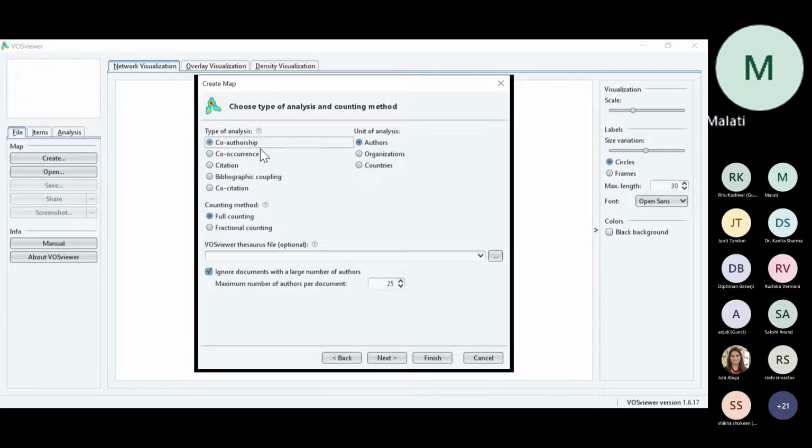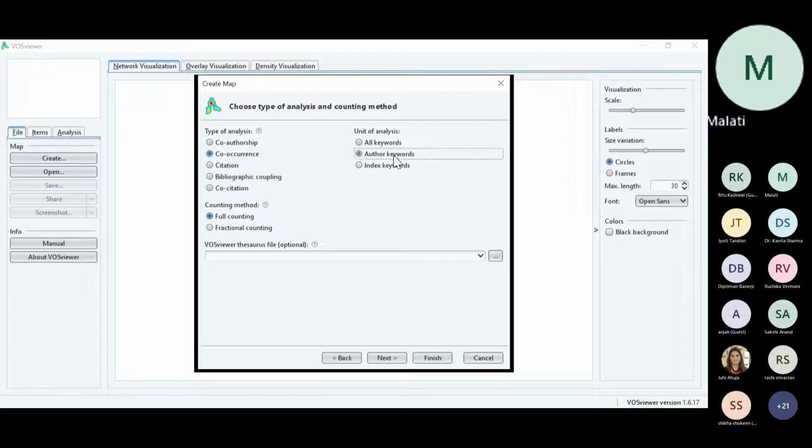Then after co-authorship, co-occurrence comes. Co-occurrence helps you to understand the various keywords that are used by the different authors while writing the paper. We have taken the social media marketing research area. While writing papers in this area, there are author keywords and there are indexed keywords.